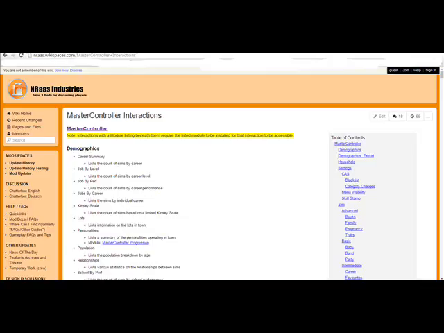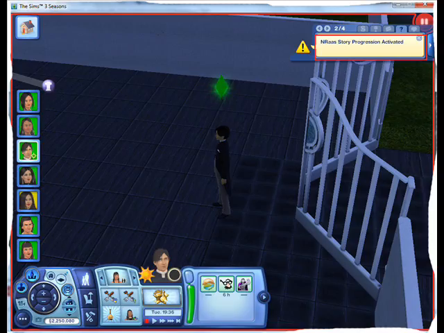NRAS at said site will give you instructions on how to use the mods, so make sure that you pay attention to them. When you start your game, either at the main menu or when you start your save file, there should be at some point a list or notification that they are in effect. Of course, due to updates, this may have changed.